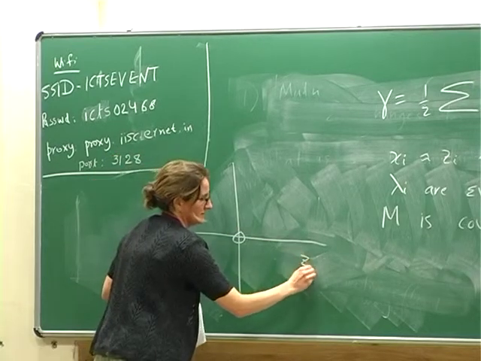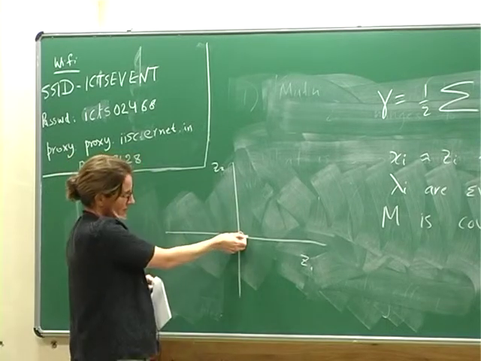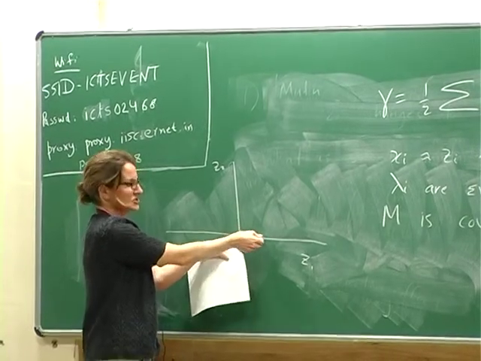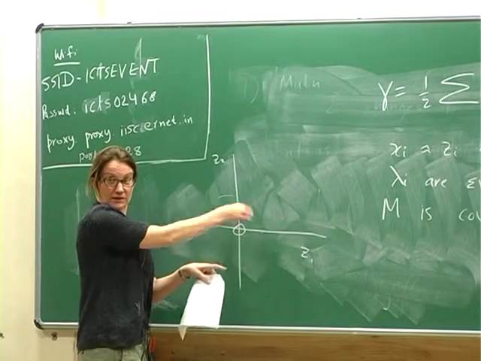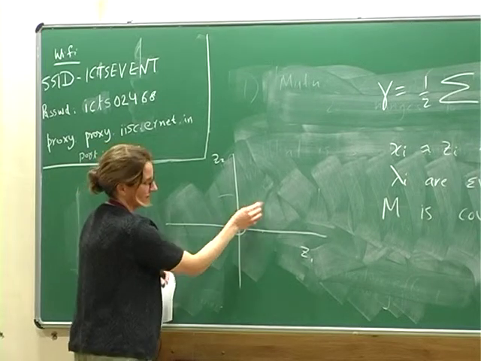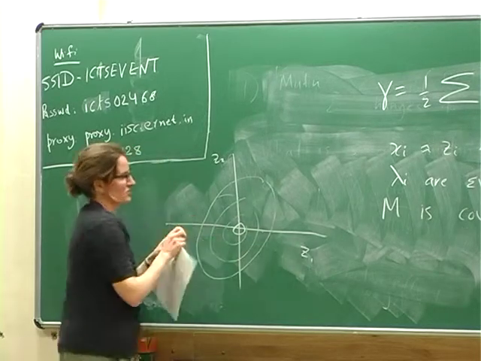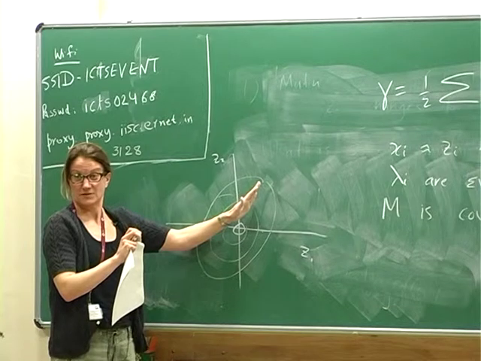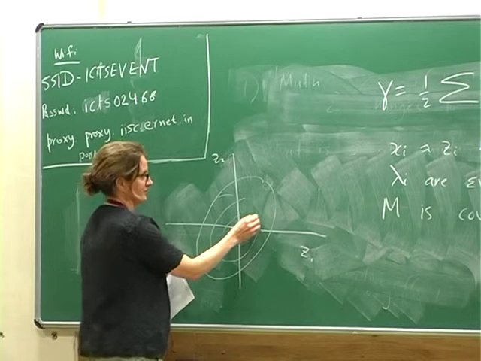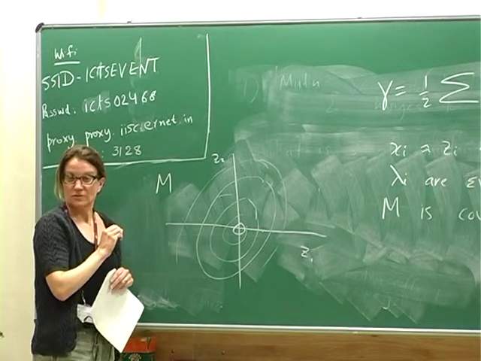So here's trait 1 and trait 2. In the very first bit that I told you about Fisher's geometric model, we had mutations of a given length distributed at equal angles. And then Martin has relaxed that so that you can have a distribution which defines where these mutations might come from. So you could get mutations that tend to increase both the length of the tail feathers and the wingspan, for example, and rarely you can increase one or the other. So you can have some covariance described by this matrix M.